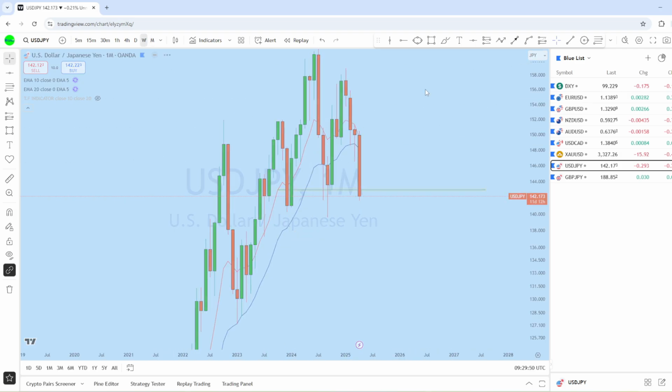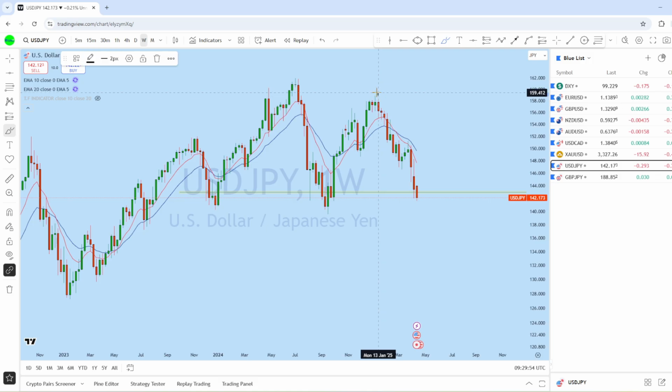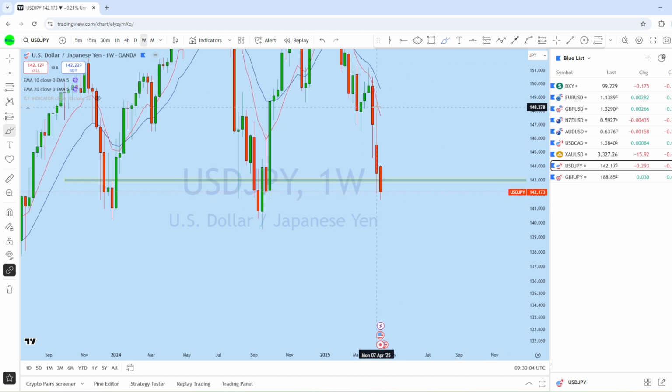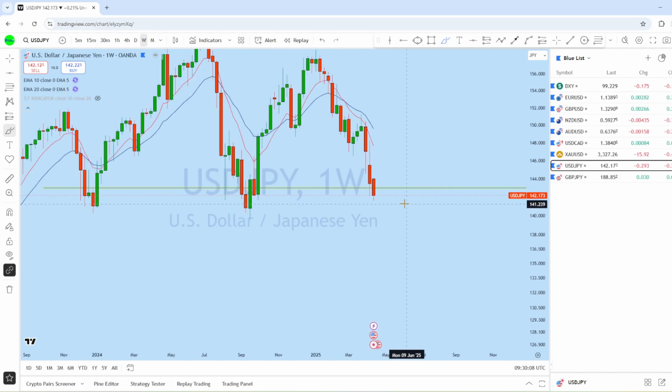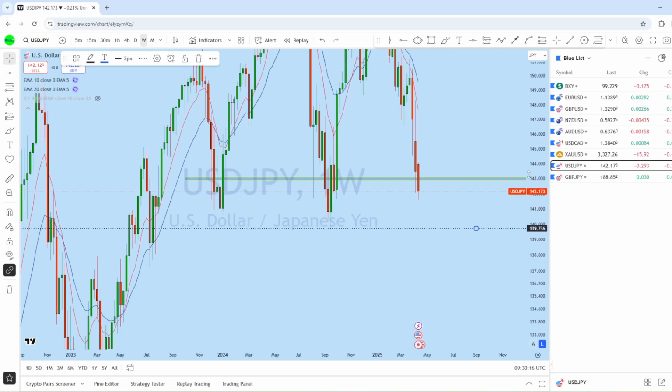Now if we look at the weekly chart here, this is the weekly price action. There is a weekly drop followed by this pullback, another drop followed by a deeper pullback here, and we can see there is a gap open from the weekly. With that gap open, the market managed to break below, and we can see dollar yen potentially could continue to drop here, and it may drop back below this support level on the weekly chart on dollar yen.